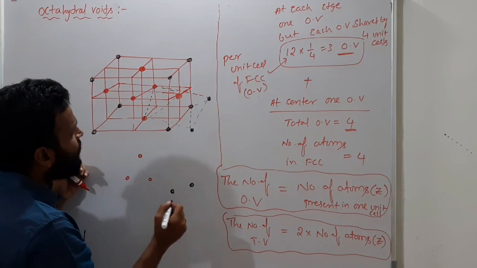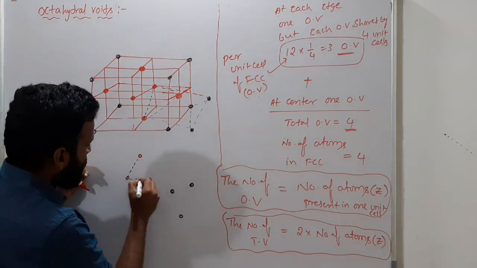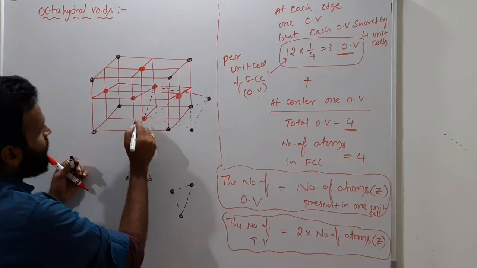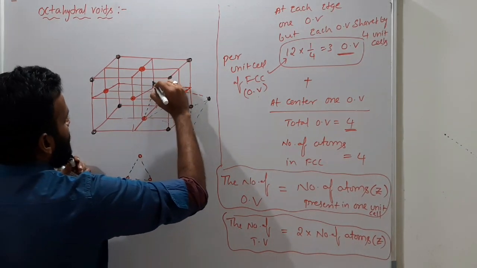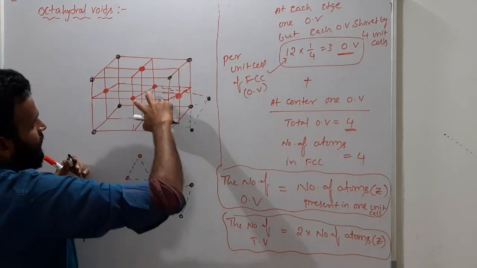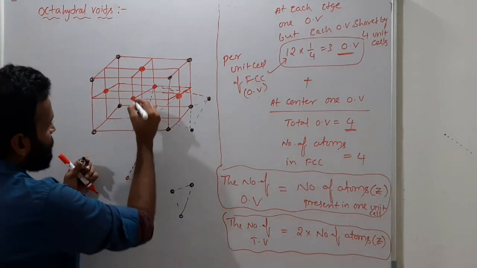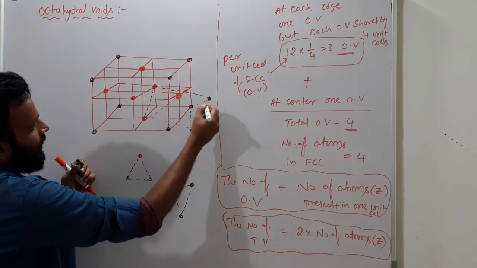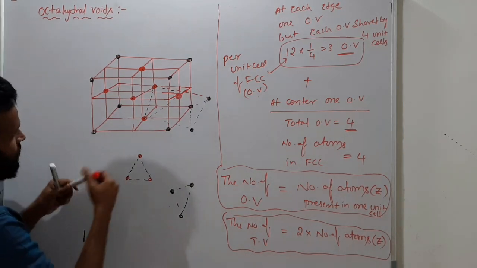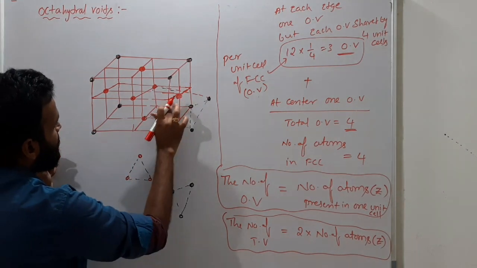There will be one new octahedral void like this between these two. Or you can draw it like this also. If I draw it like this, you will have a better way of doing so. Between these two and this one, and these two and these three. Like that is better now actually. So you can have 1, 2, 3 and 1, 2, 3. In that way you can understand very easily. So it's better to write between these instead of this.